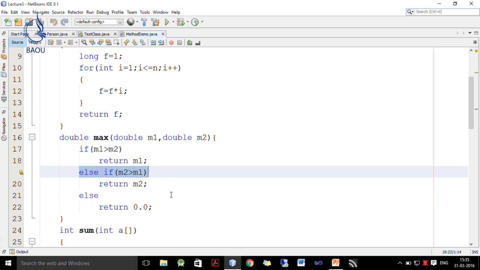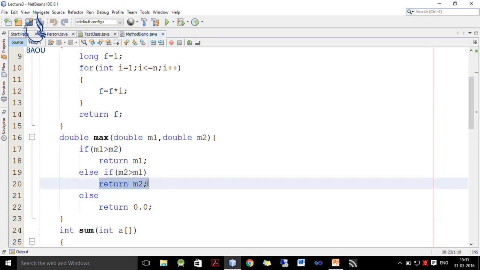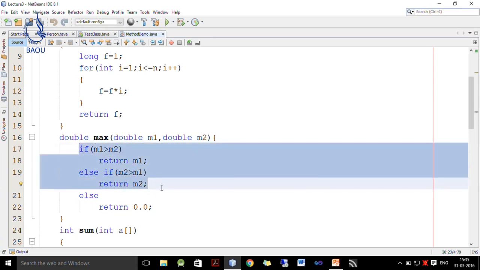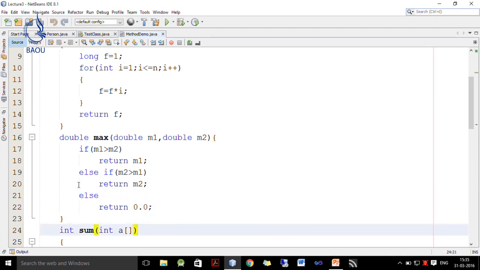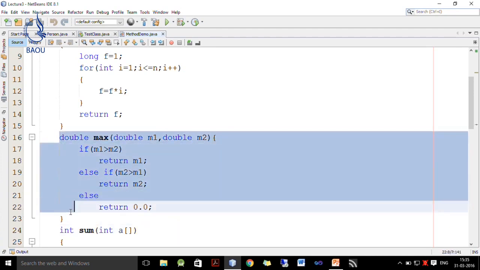So, I write else if m2 is greater than m1, it means m2 is maximum, so I have to return m2. If both the conditions fail, it means both are equal, so I return 0. Whenever I get 0, it means both numbers are equal and none of them is maximum. So, this is how this double works.